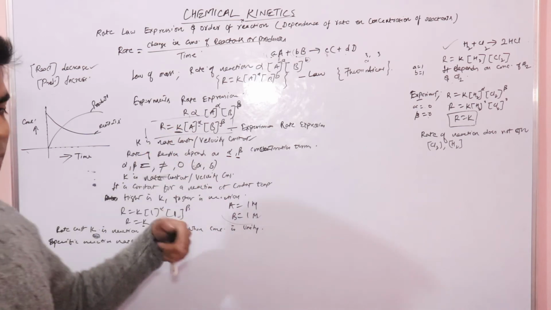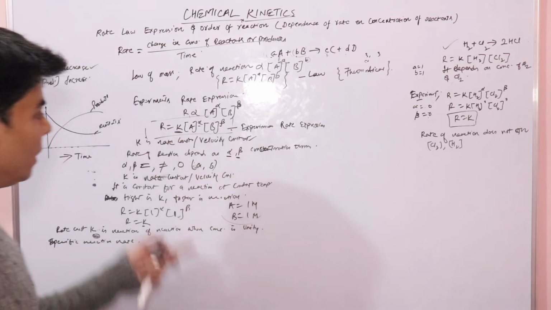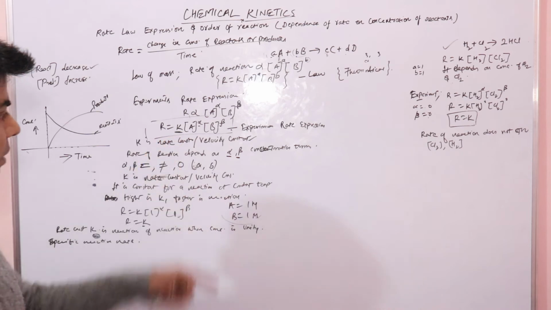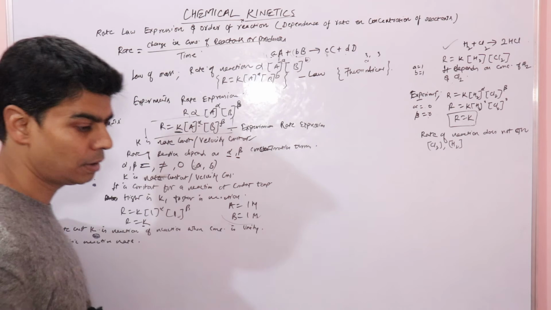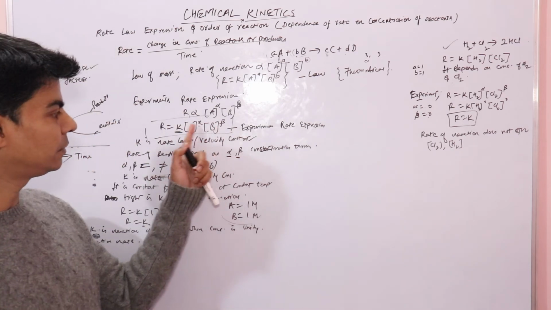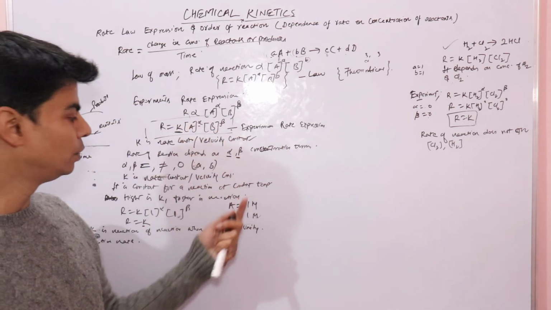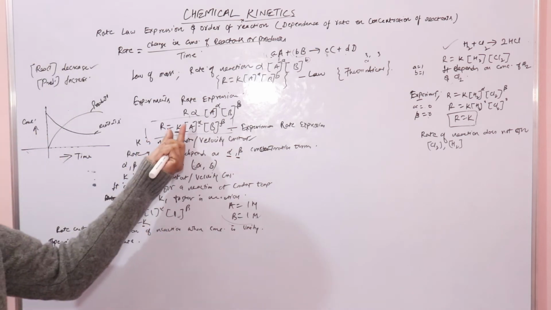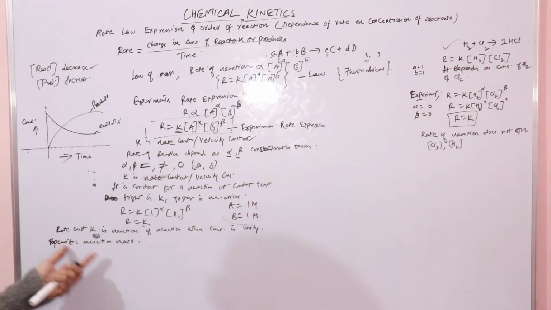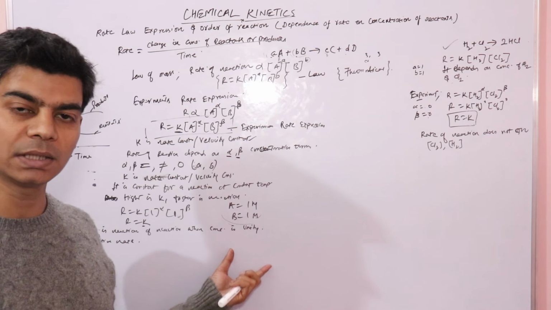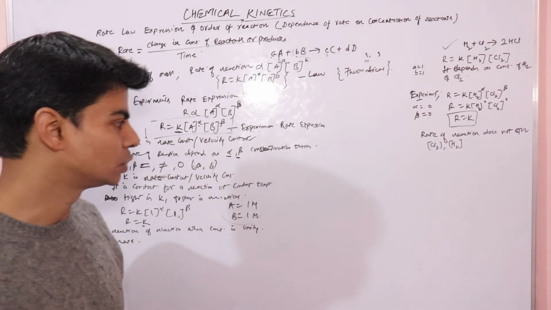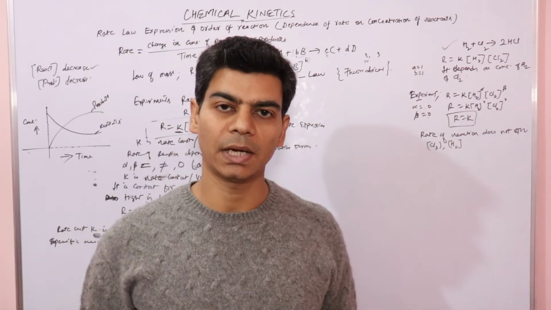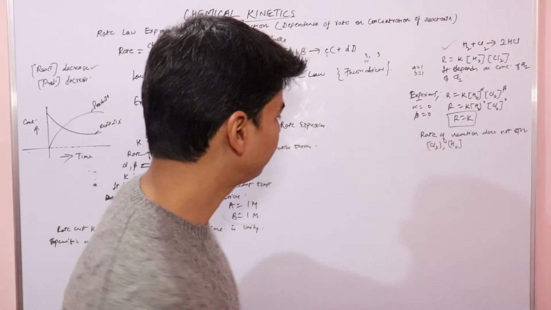Its value is constant at constant temperature, and it changes with temperature. If we want to define this rate constant, we will specify the concentration of reactants to be unity. So the rate constant is the rate of reaction when the concentration is taken as unity. That is why we call it a specific reaction rate also. Now we will understand what is order of reaction.